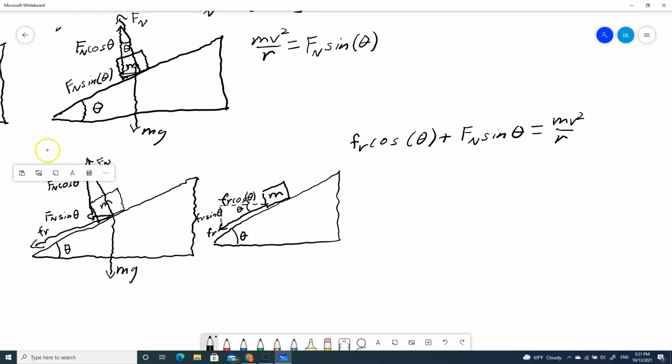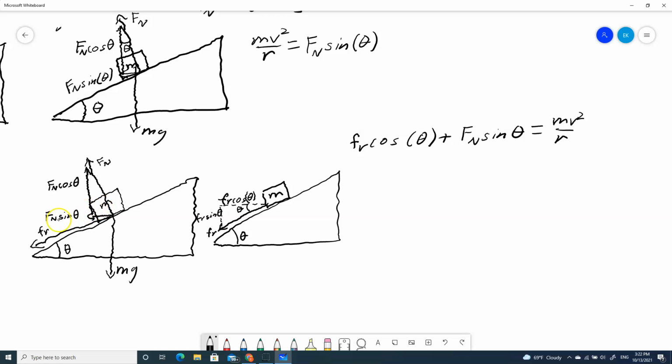The F_n cosine theta becomes too big for mg to oppose because of this object's tendency to go upwards. If mg just remained, the F_n cosine theta would be greater and the object would slide outwards,